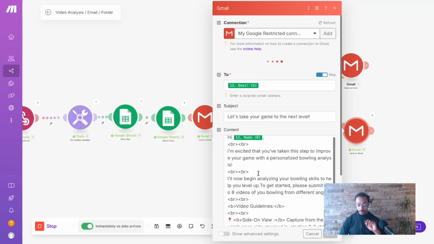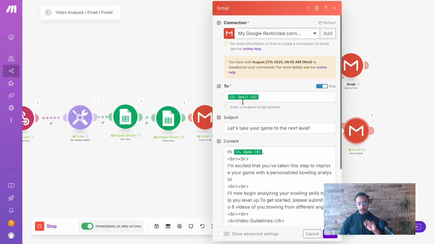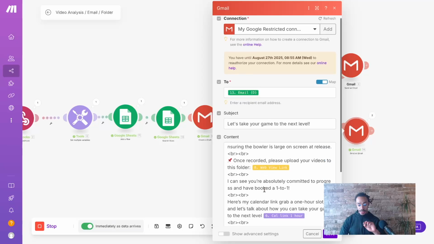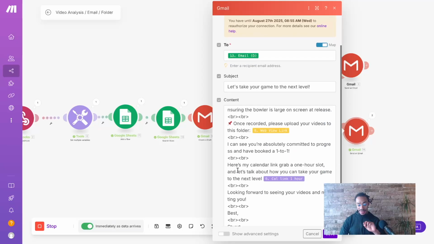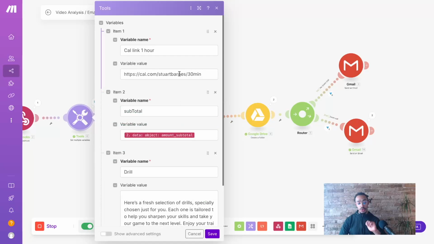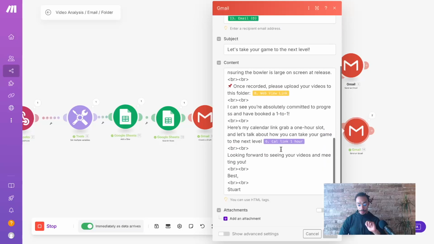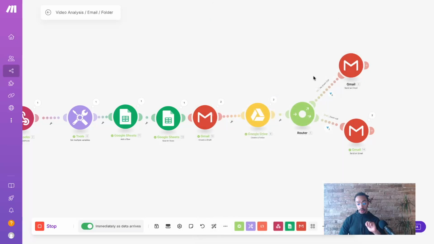However, for the other one, what we can see is, once again, we have the name, we have the email, and what we do at the bottom is, here is my calendar link in order to book directly a slot, and then we copy paste the variable that we have here, which allows us in the future to update the link whenever we want without having to touch the entire scenario, right? And so this will allow us to have a smart system that will automatically send the right email based on the product that has been purchased. So that will completely, entirely